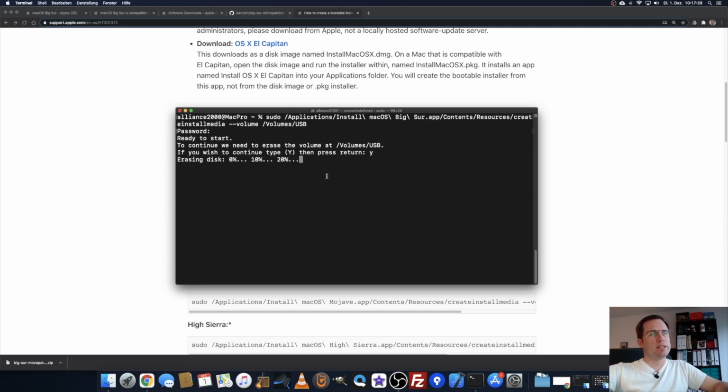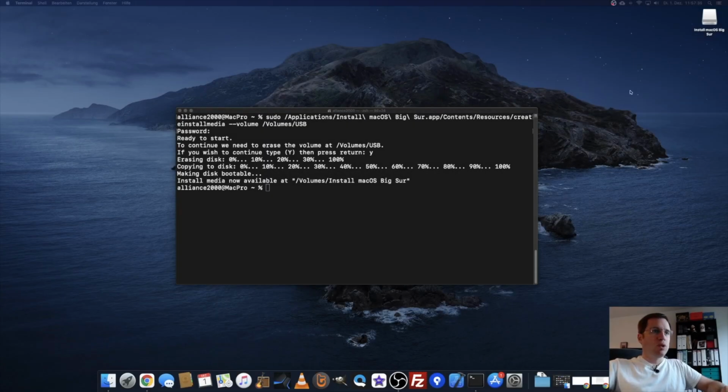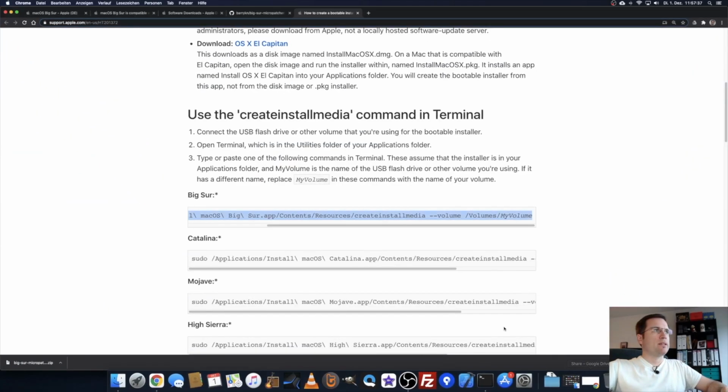Now it takes some time, where you see it's erasing the USB stick. Depending on whether you're using USB 2.0 or 3.0, that takes a while, so give it about 15 to 20 minutes until it says 100%.